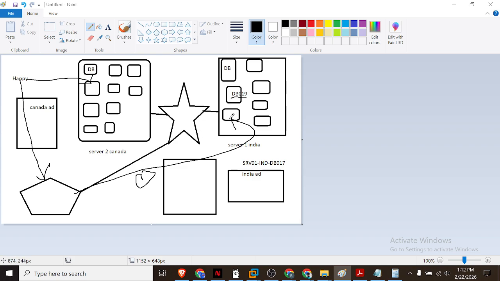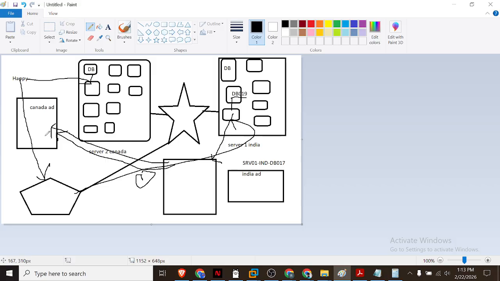It will retrieve the information to this AD first, the Active Directory site, and then this site will replicate the information here. I mean, this Active Directory will contain the location of Happy's mailbox, that this Happy mailbox exists on DB019 or DB020. Then this AD will inform that AD, the traffic will increase, and this